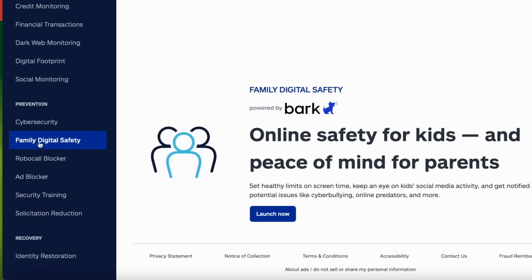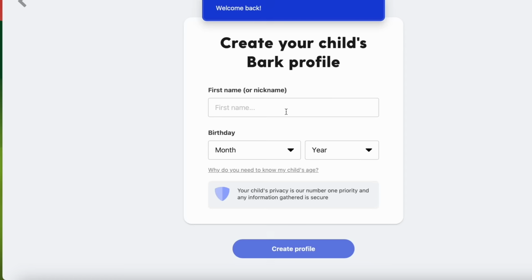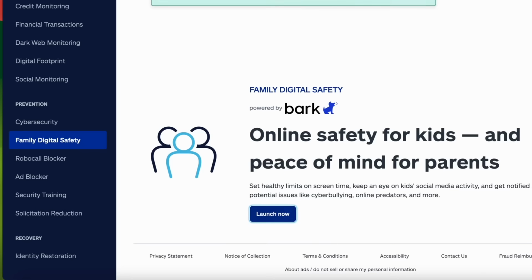And the second under prevention is Bark, which is really interesting. It's a family digital safety tool. And again, this is more like a screen time type thing where you put in your child's birthday, and then you kind of create a profile for them, and you keep an eye on their social media, and you look at different things. This is less about financial exposure when it comes to identity theft, and it's more about someone throwing insults at you out on the internet or at your kids. This is going to help you monitor that and help monitor their screen time. So it's more about online health than it is about financial protection,